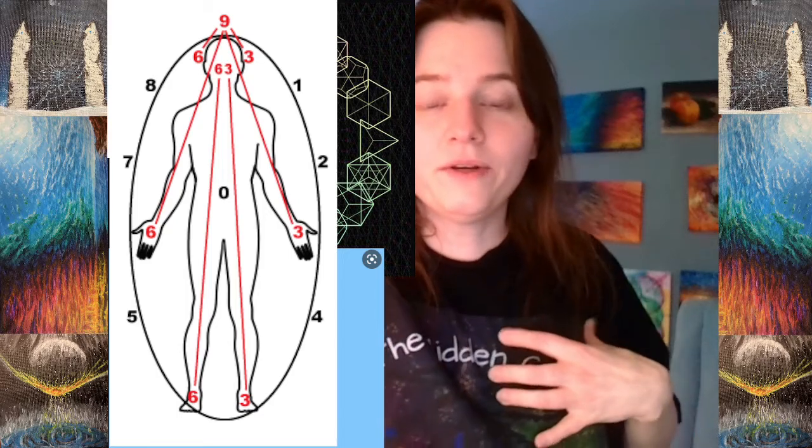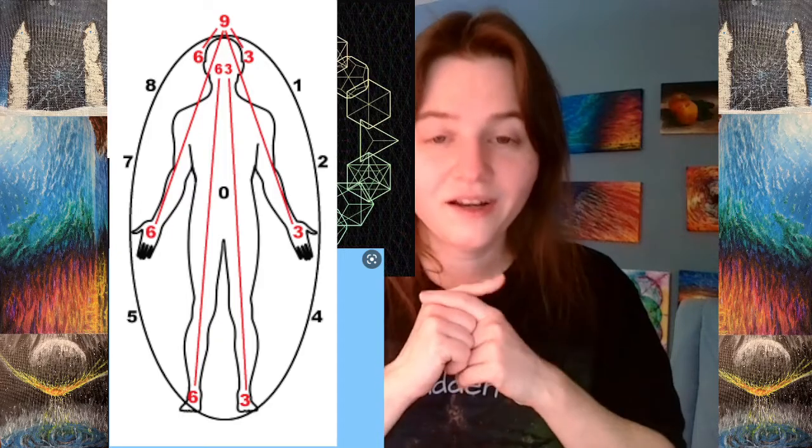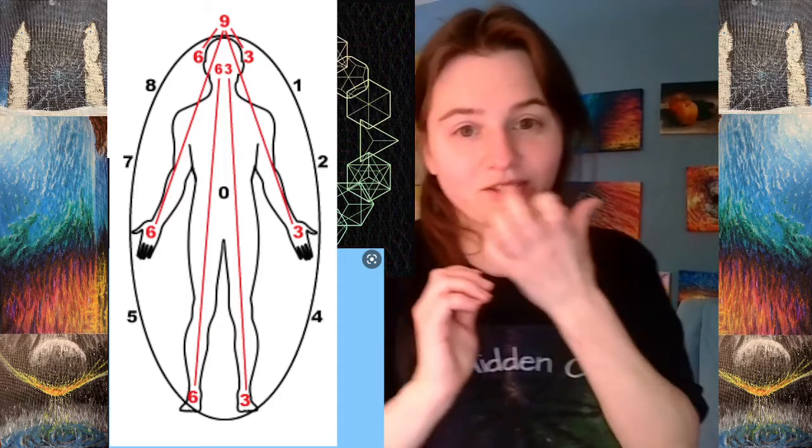Now I want to talk about universal, okay, within, soul, 9 being the crown, 9 being the individual's perception. We have 6-3. We have where the eyes are, your ears. Okay, you have the numbers there. What you perceive, 6-3, and now your hands. What are you touching? What are you feeling? Your feet. How do you move? How do you go through this world? Okay, these are all representative of